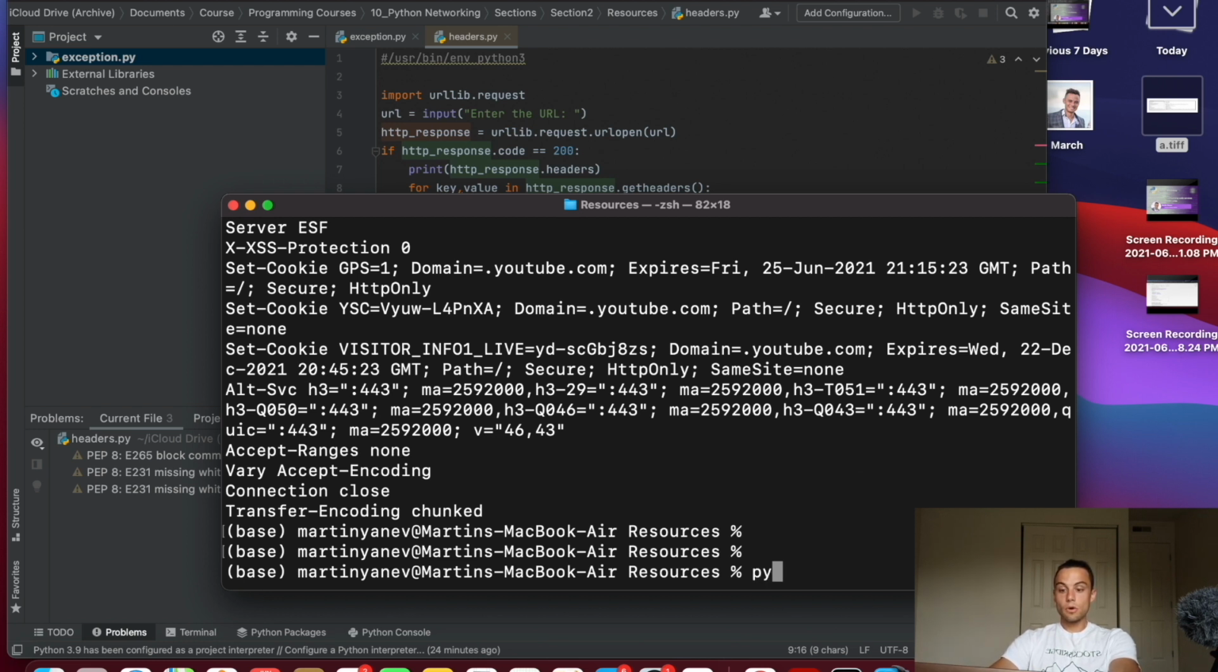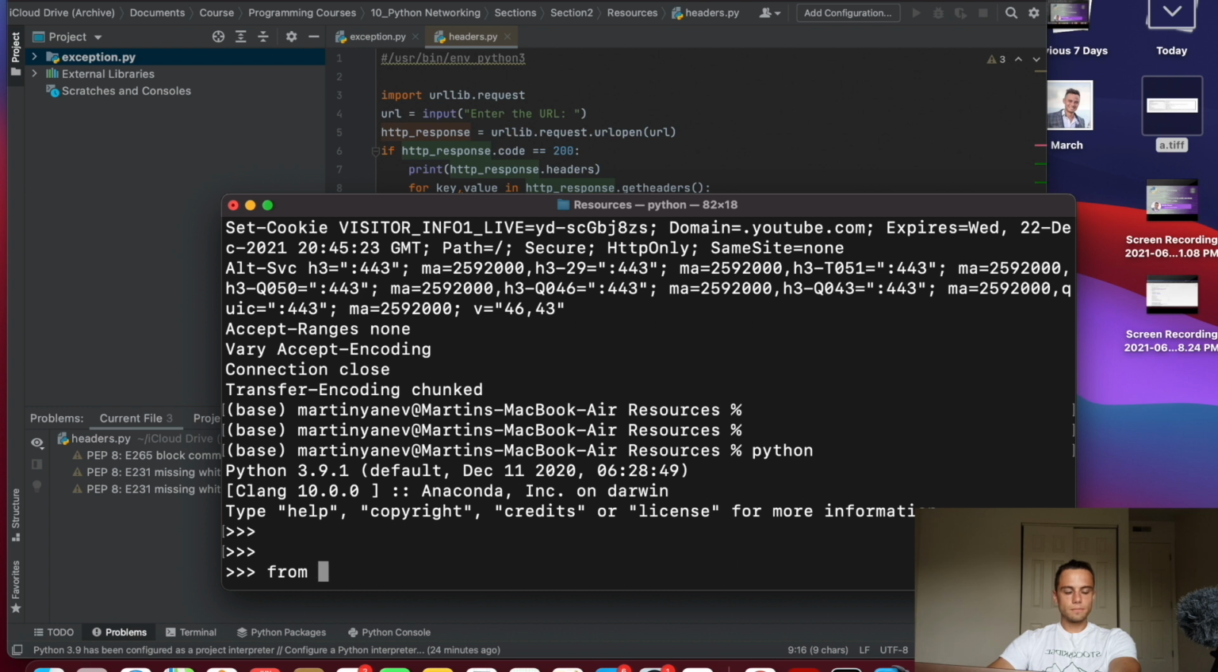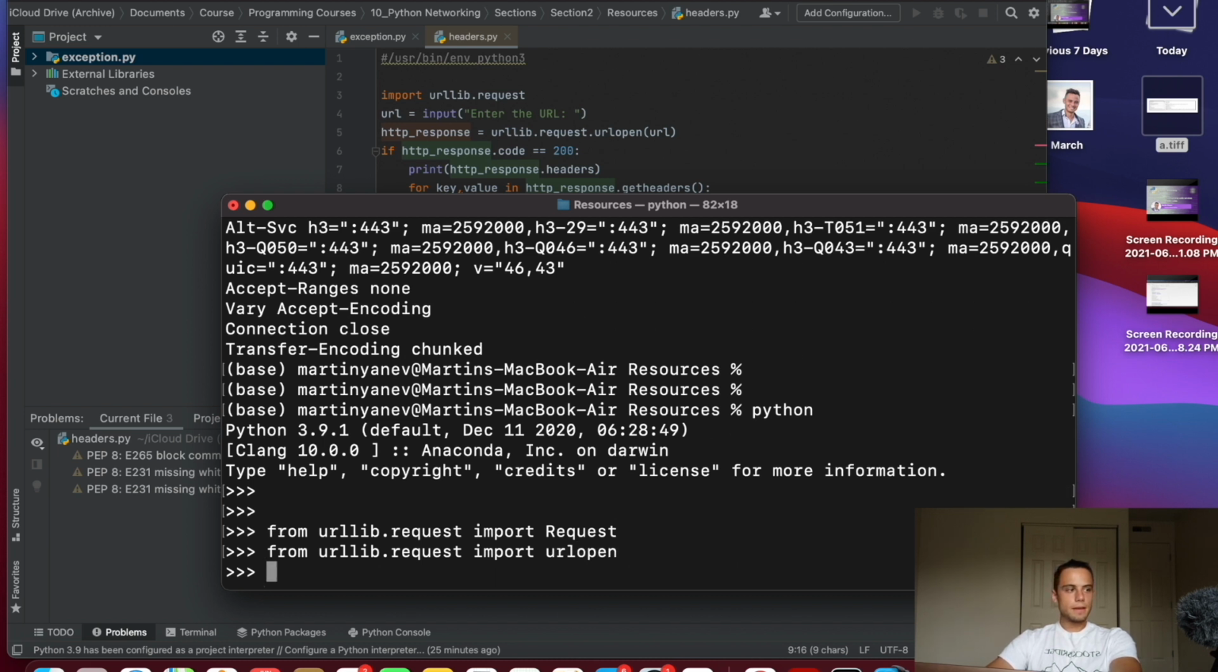To do that, let's go in Python mode. So let's write Python, and I'll write from urllib.request import Request, and then from urllib.request import urlopen, and after that let's write req equals Request,